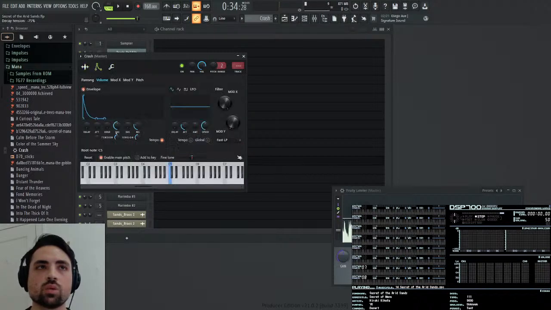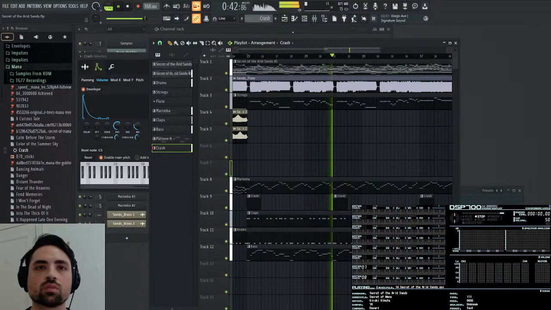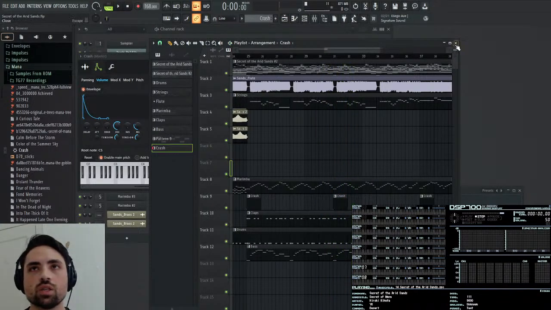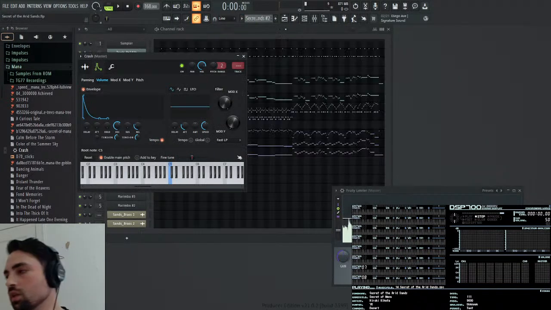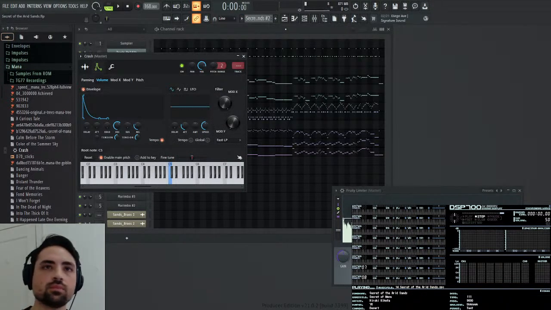And I want to lengthen that decay a bit. Nice. So now I just need the harmonica, and then the song will be complete.